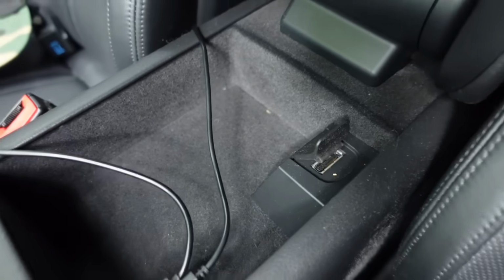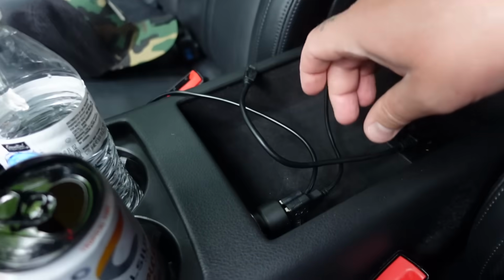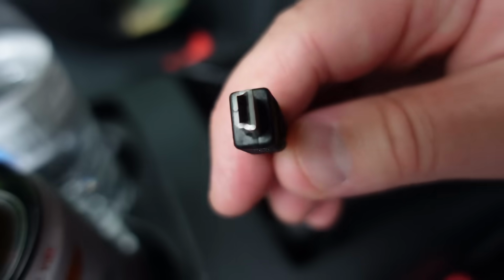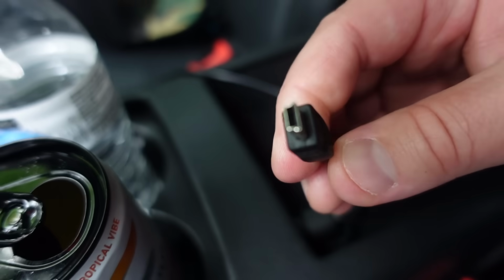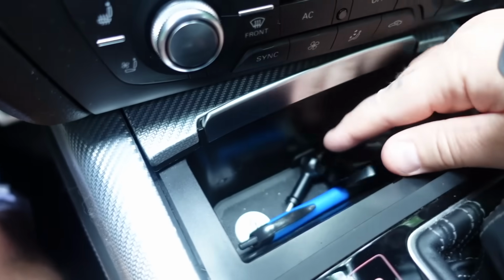It's an adapter thing. I'm pretty sure that this is something where you can buy different types of adapters depending on what kind of little plug you want here. And it's obviously a money grab for Audi to offer these different adapters. But if you want to charge your phone, or if you want to just plug your phone directly into the car, so to speak, there is no USB port in this car, anywhere. I've looked everywhere, and I mean, there should be one right here, but there's no USB port in this